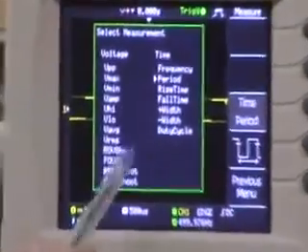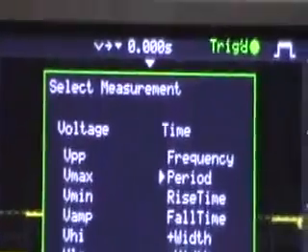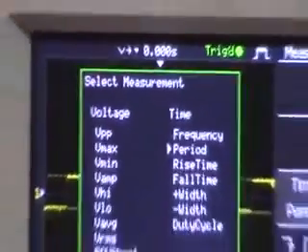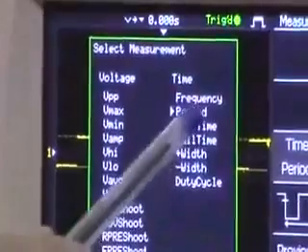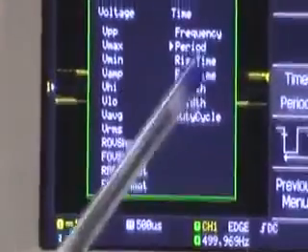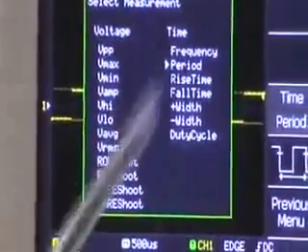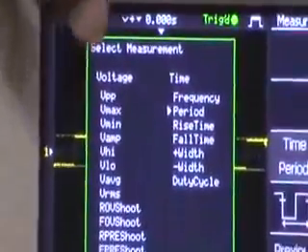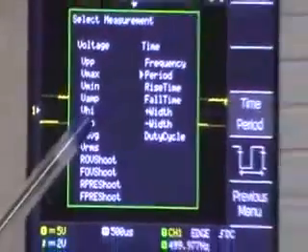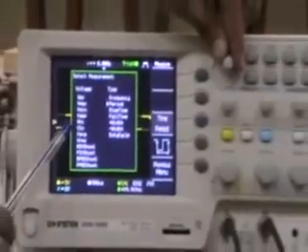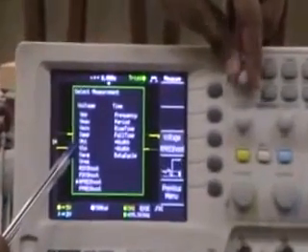these are the 19 functions that we can select through these 5 function keys. The 12 voltage and the 7 time measurements are displayed over here. Out of these, whichever we require, we just have to select by moving this variable knob to that measurement value.